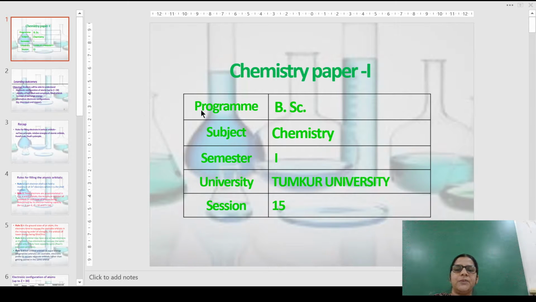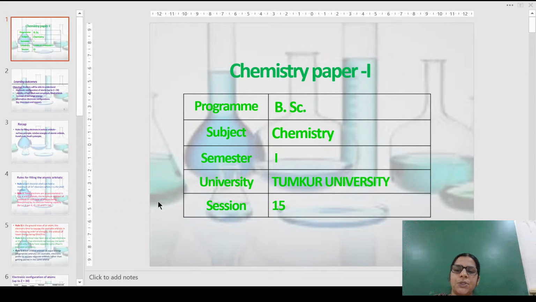And the next rule specifies that any orbital may have 1 or 2 electrons at the most. Any orbital can have an electron of either the parallel spin or they can be paired up. Here we are talking about Pauli's exclusion principle. Two electrons can occupy the same orbital only if they have opposite spins, anti-parallel spins.